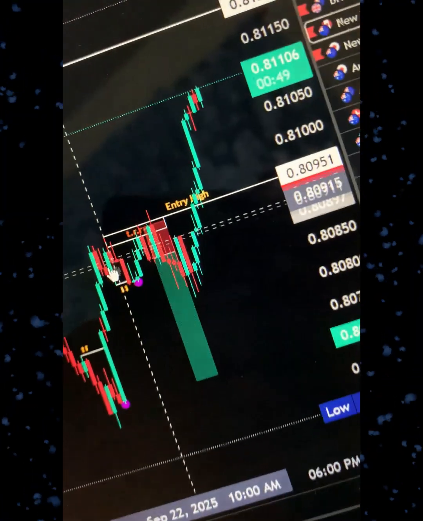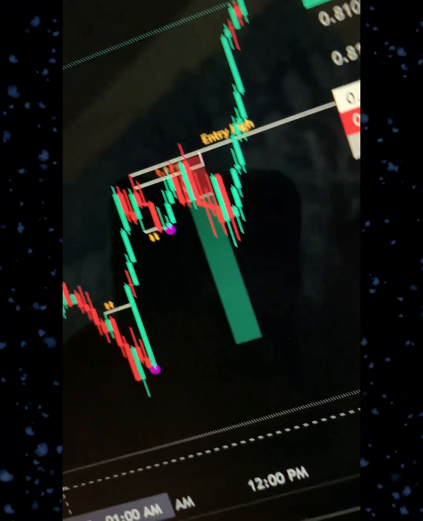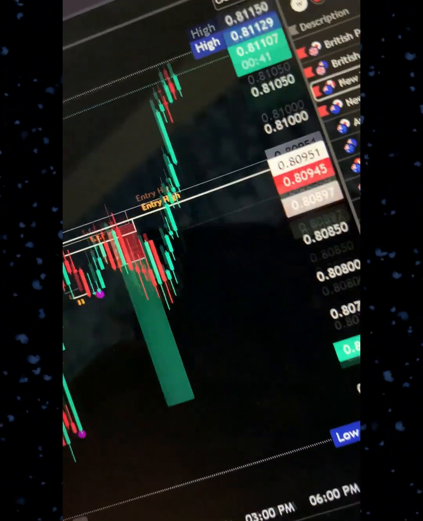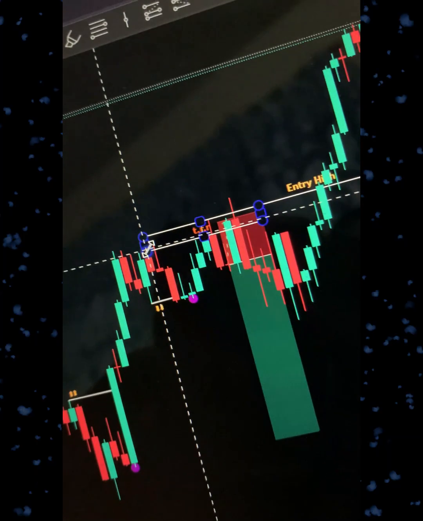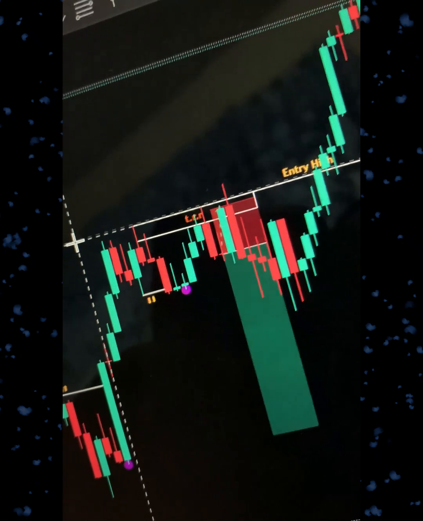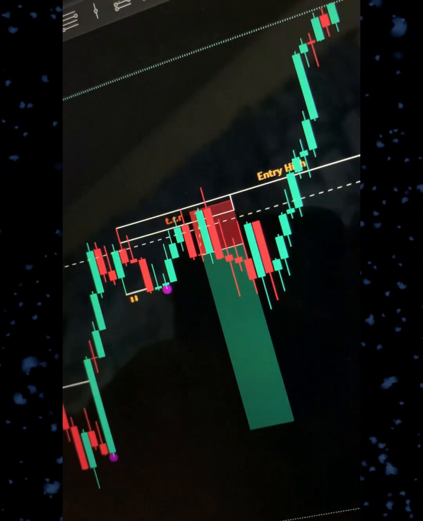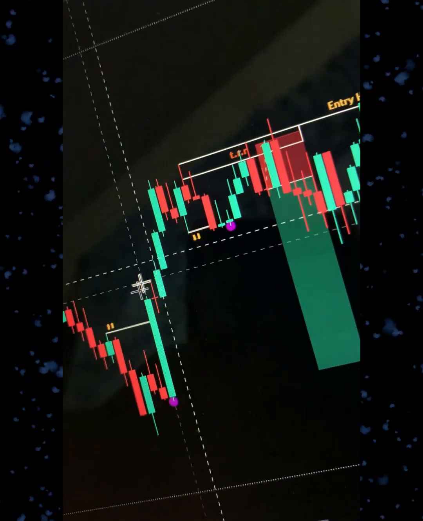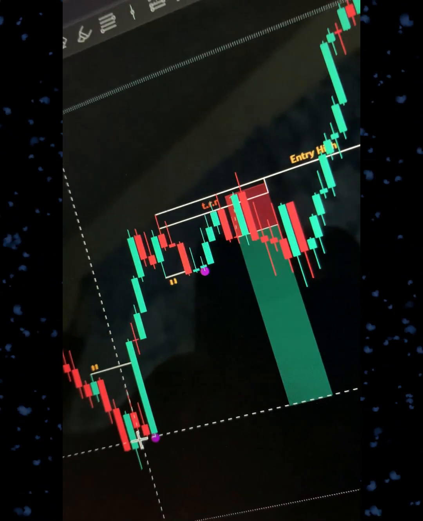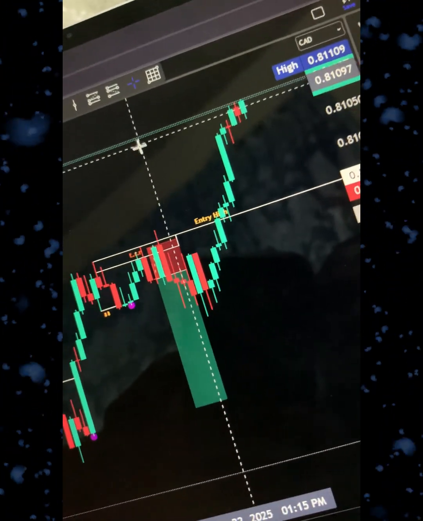Realize that this was the first initial entry that I took, and in that entry I made a loss, right? You see, so you realize that this was the entry. Price came here, created this double top, break of structure, pulled into another block, created this massive bullish engulfing candle, and I entered. Look at the TP at this last previous low right here. But price played around and broke above the range, and it continued pulling back to the upside, but still it's